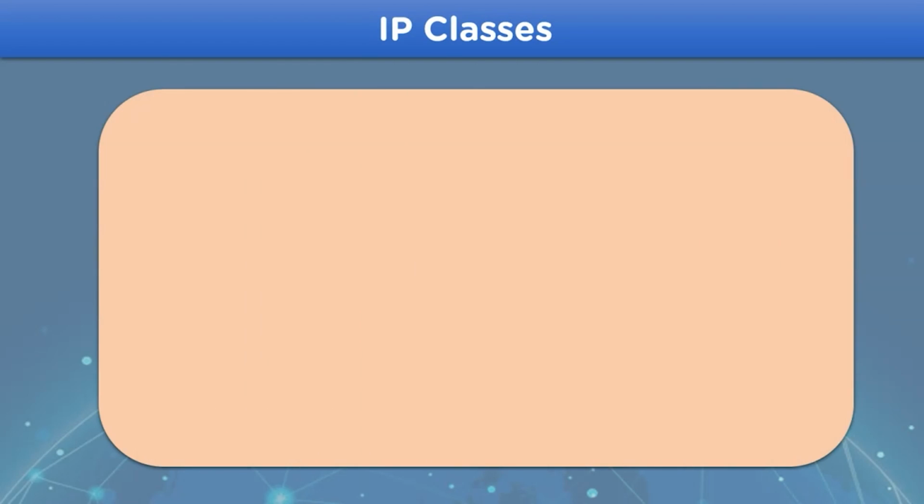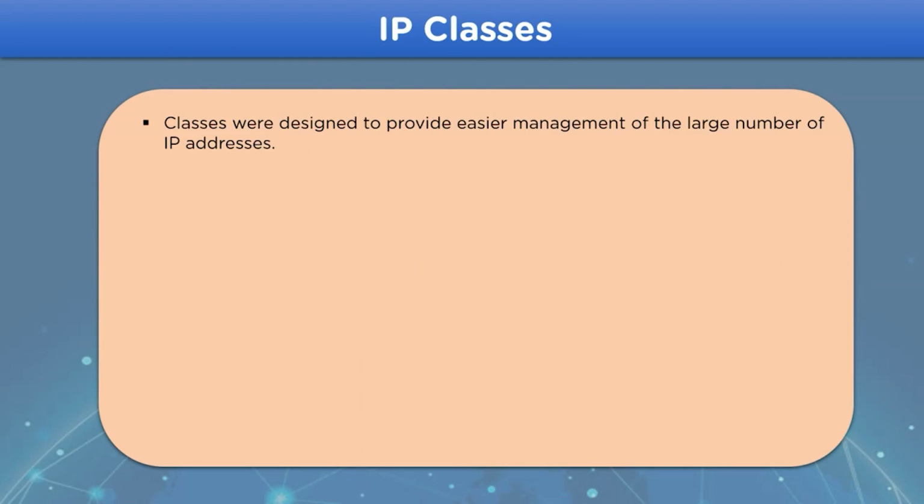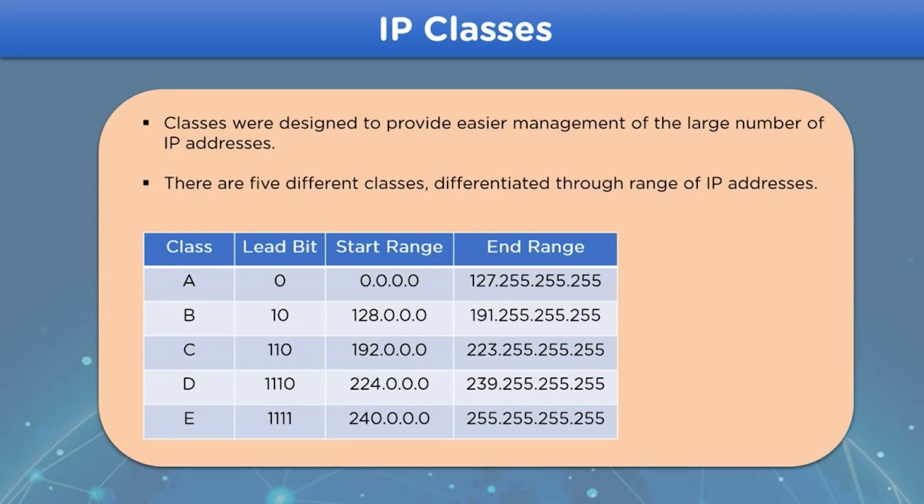Now let's take a look at the IP classes. IP classes are designed for the purpose of easy assignment of addresses to the network. Divided on the basis of class size, we have 5 classes, depending upon the requirement of the network. Class A was designed to accommodate networks with a large number of network hosts, where the first bit in the octet is always 0, with the range from 0 to 127.